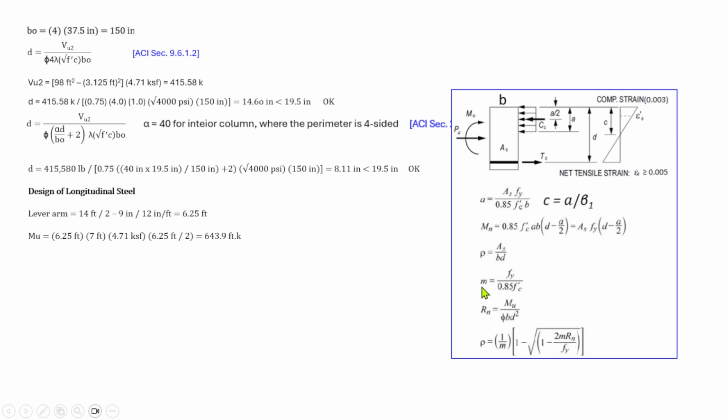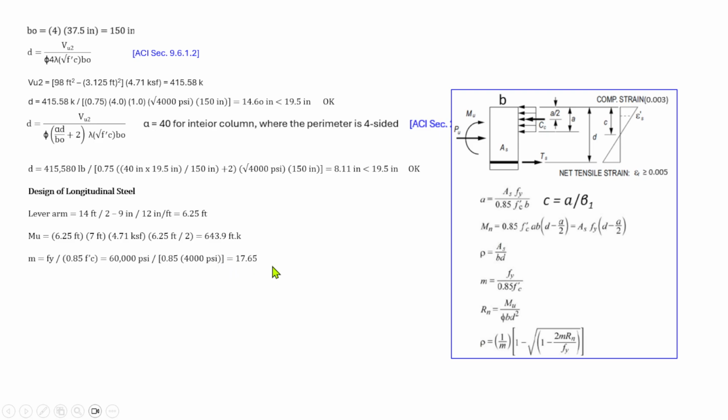If we determine m and Rn, we can then calculate the steel ratio of the reinforcement, which is rho. So now we will calculate the value of m. m is fy over 0.85 fc prime, that is 60,000 psi over 0.85 times 4,000 psi, the strength of concrete,